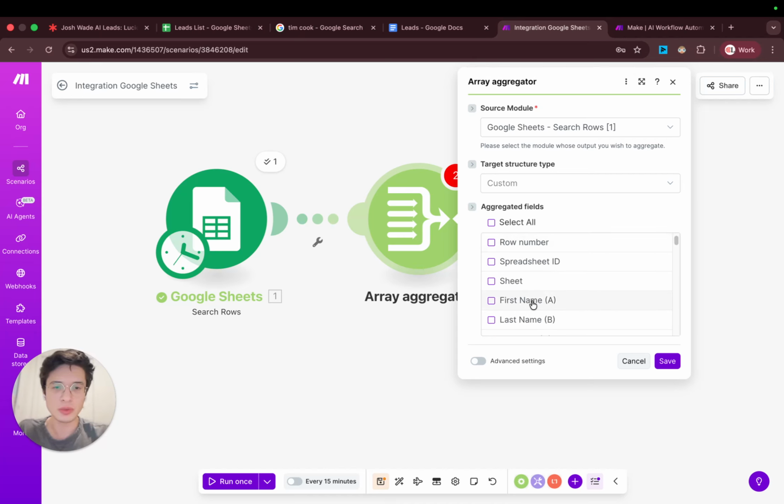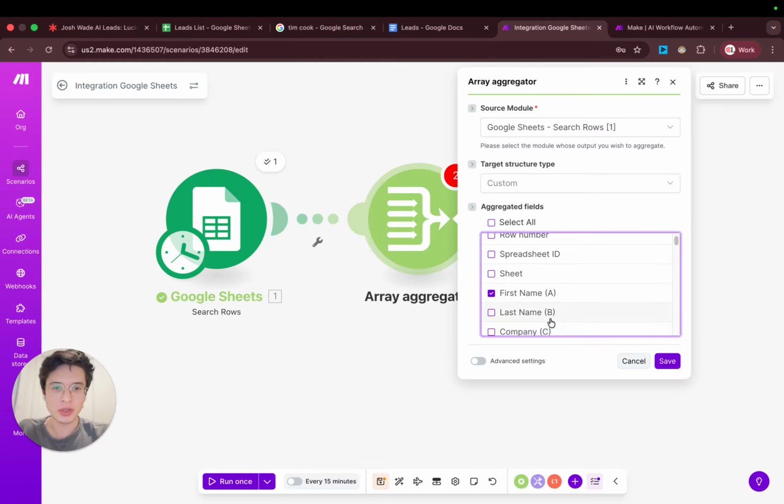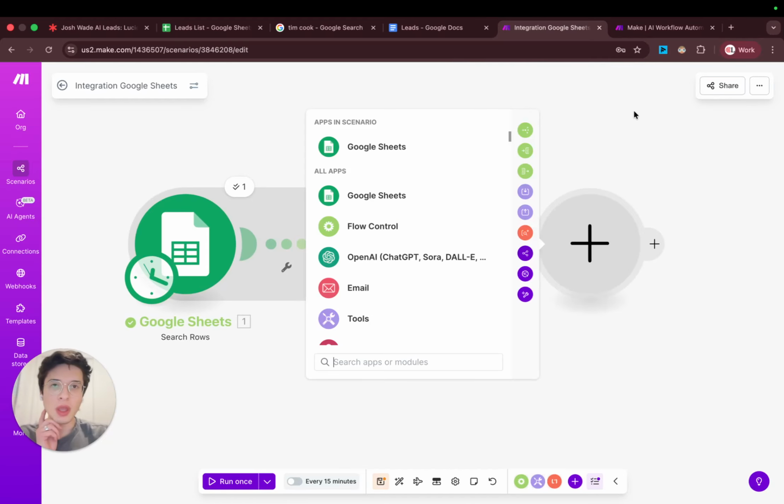So what do I need here? I'm going to do first name, last name, company, email, and I'm also going to do the row number. And the rest of the information here, I don't really need, but I'm going to select all this as well. Okay. Now,